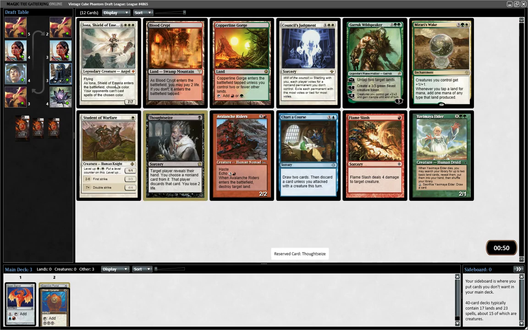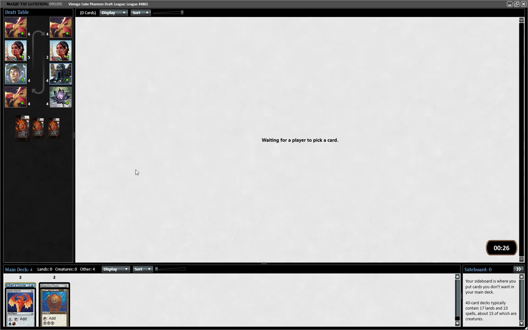Thoughtseize is super powerful. Iona is one of the best Reanimator targets, but we're probably not going to be Reanimator. Reanimator is a lot better in Legacy Cube, which is like a powered down version of this cube. Chart of Course is just super good. Draw 2 cards, and then sometimes you don't even have to discard a card. Council's Judgment is one of the best removals, but...